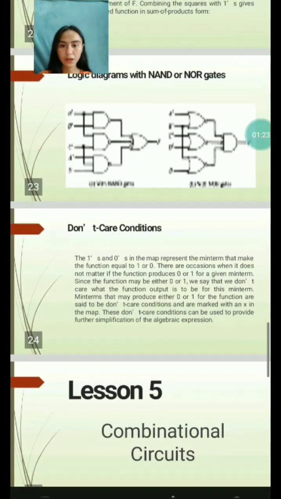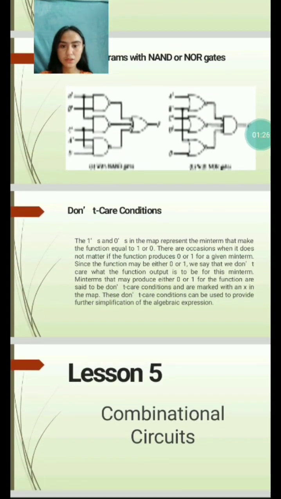Don't care conditions. The ones and zeros in the map represent the minterms that make the function equal to 1 or 0. There are occasions when it does not matter if the function produces 0 or 1 for a given minterm. Since the function may be either 0 or 1, we don't care what the function output is to be for this minterm. Minterms that may produce either 0 or 1 for the function are said to be don't care conditions and are marked with an X in the map. These don't care conditions can be used to provide further simplification of the